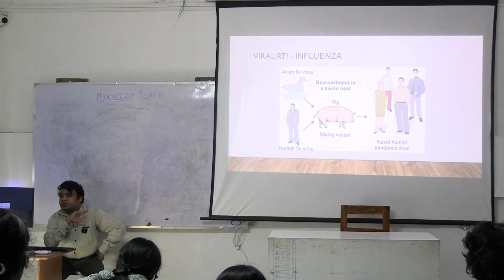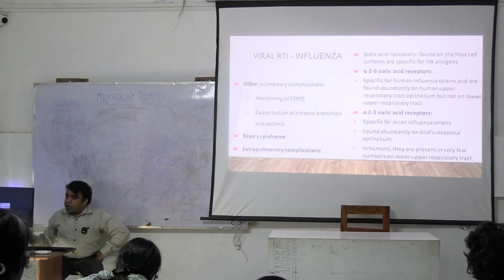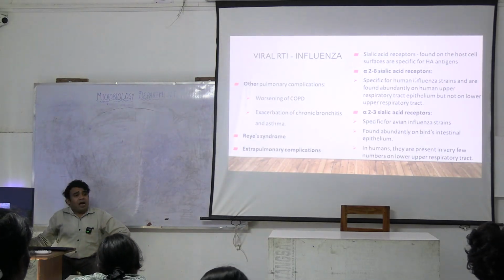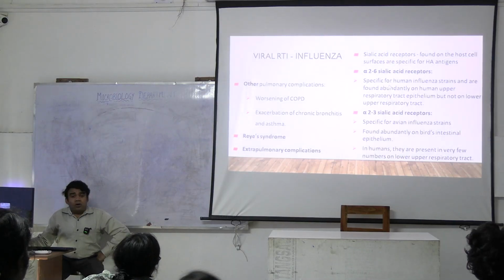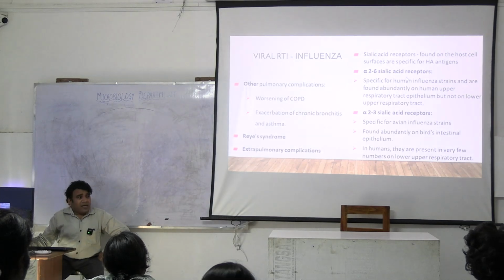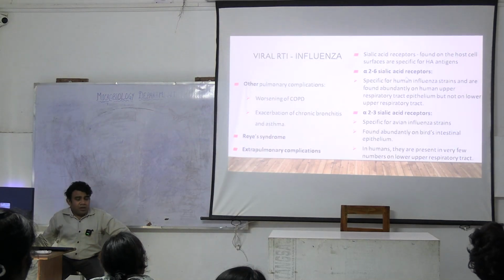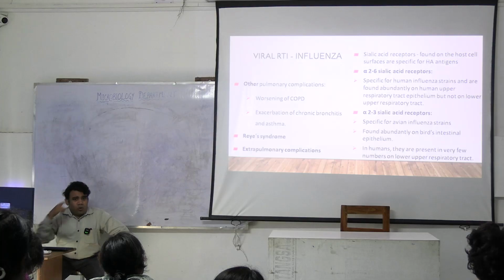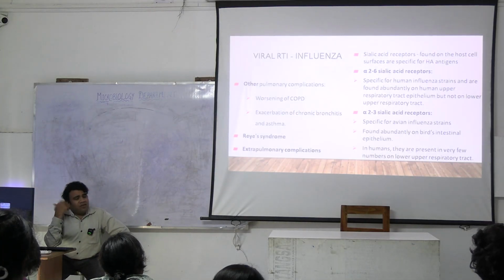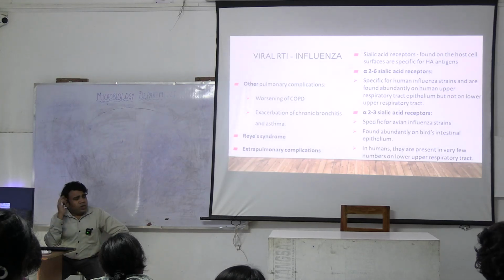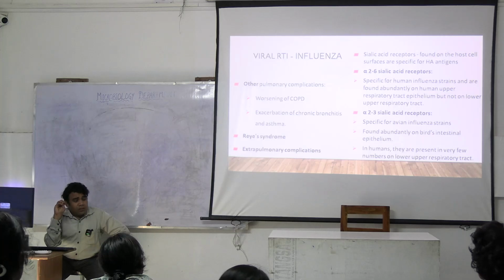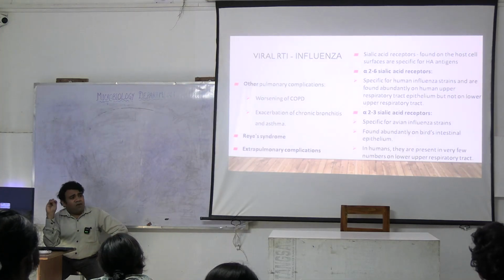তার classical example হচ্ছে influenza virus. Now human beings এর ক্ষেত্রে কি বললাম? We have alpha 2,6 sialic receptor in the upper respiratory tract, but not in the lower respiratory tract. So if a virus has only alpha 2,6 sialic acid receptor attachment, what will happen? It will colonize the upper respiratory tract. We will only have upper respiratory tract infection and the virus infection will be resolved. There will be resolution. মানে lower respiratory tract infection হবে না, because the virus does not have alpha 2,3 sialic